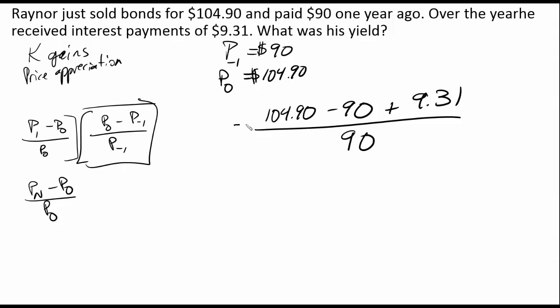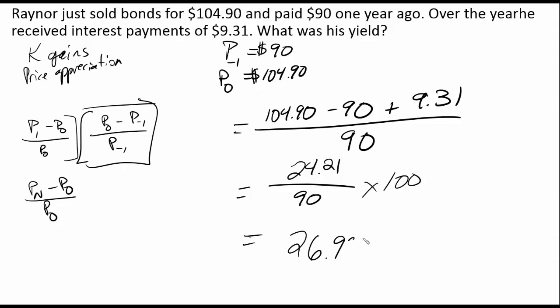This all shows us that we're going to have a total gain of $24.21 divided by 90. That's the important, crucial part: we need to remember what our total amount gained is, and that's going to be divided by the price that we paid for it. So that 24.21 divided by 90, and then we multiply that by 100. The only reason we're doing that is to turn it into a percentage,